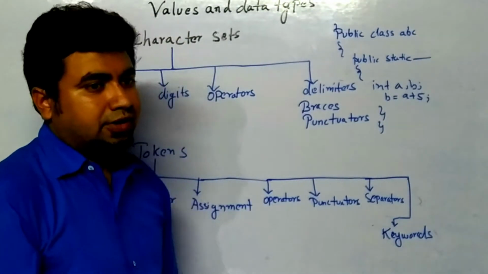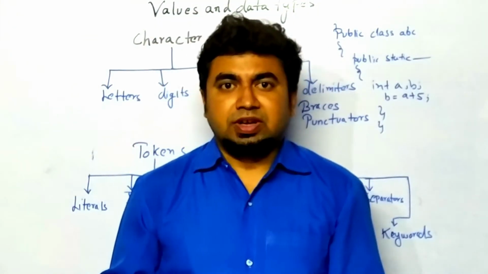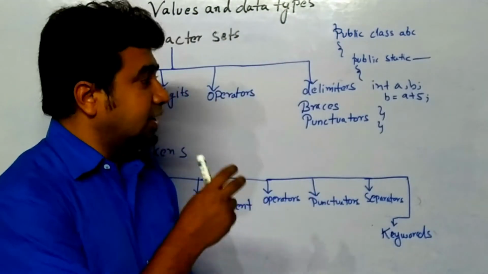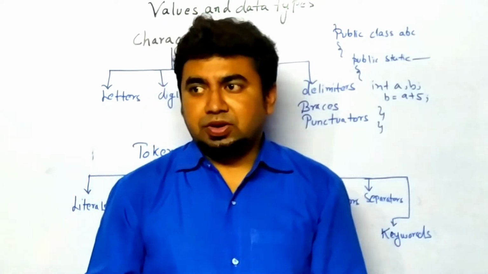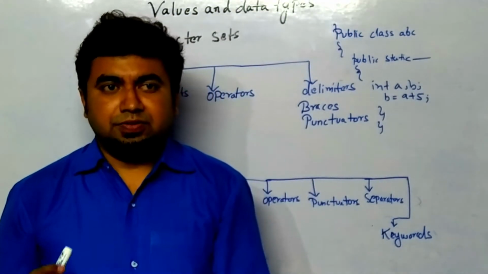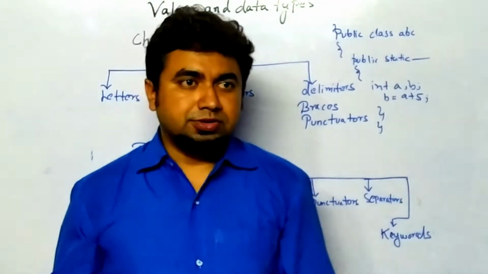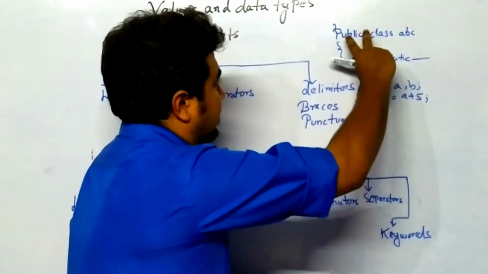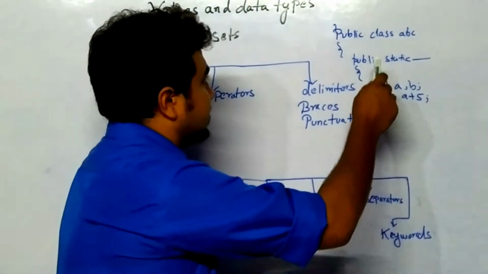You can say that a program consists of a set of statements, and statements are written with respect to different kinds of words. In English also, if you are writing a paragraph, a paragraph is made up of different sentences, and sentences are made up of different words. So here also the same thing. A program is a set of statements. This entire part I am saying is a program, and it is a combination of a set of statements.